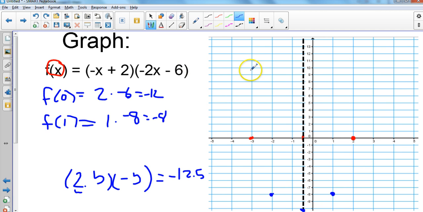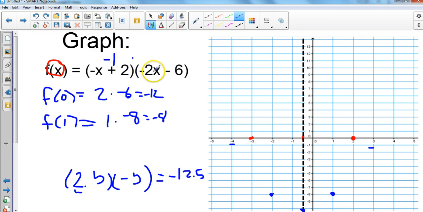So if we wanted to get a point up on top, let's put in either 3 or negative 4. Either one will work because one is a reflection of the other. So let's try 3. Put in a 3, this becomes negative 3. Negative 3 plus 2 is negative 1, times, if we're putting in a 3 here, negative 2